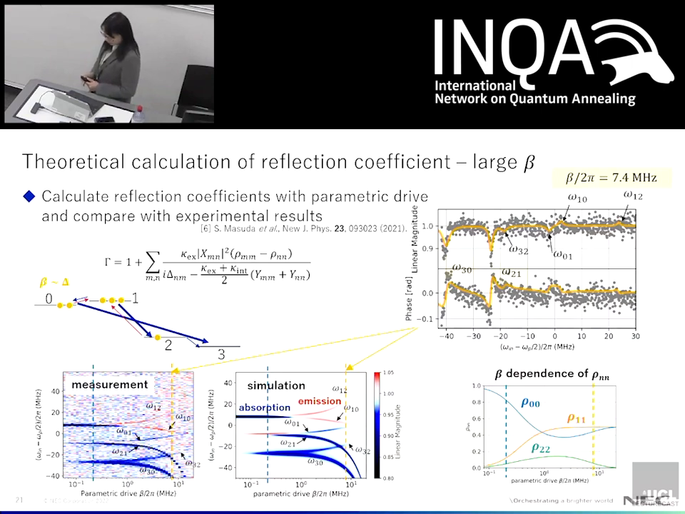This change can be explained well with the population. Let's look at the calculation result of the population. In this calculation, population 1 exceeds population 0 at around beta equal to about 1 megahertz, and this links to the change from absorption to emission. The peaks of omega 2,1 and omega 3,0 become the dominant peaks in this condition. When beta is increased, the KPO becomes a mixed state of 2